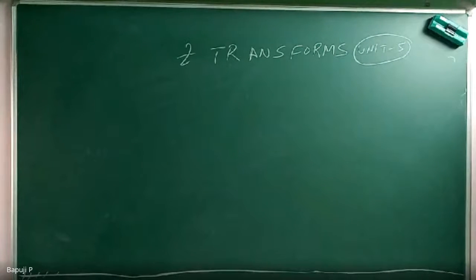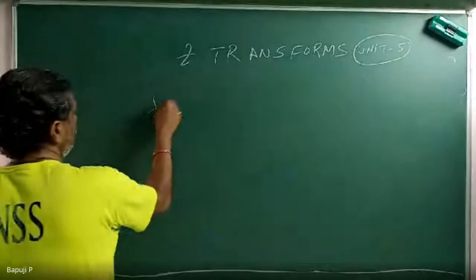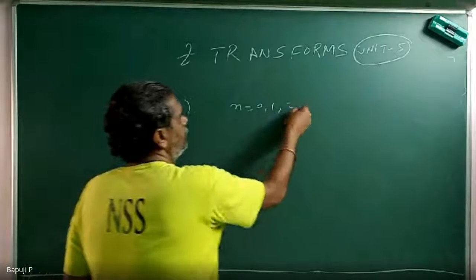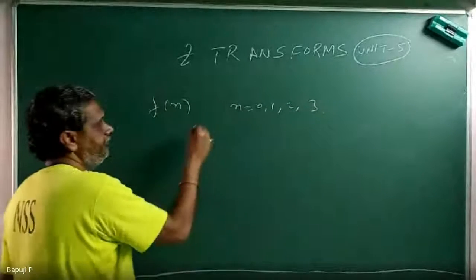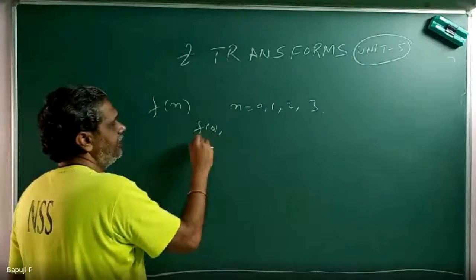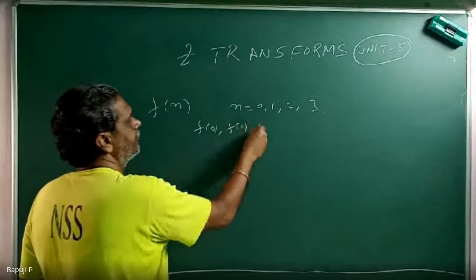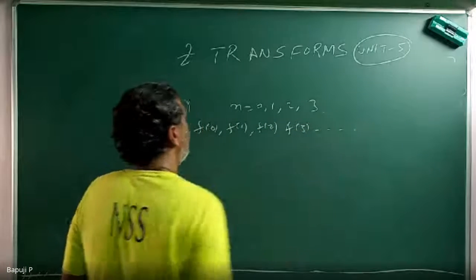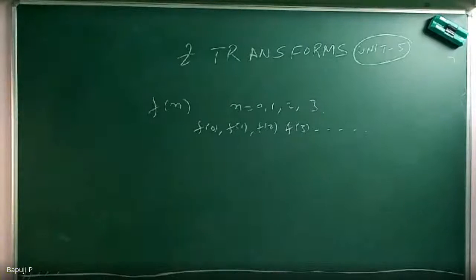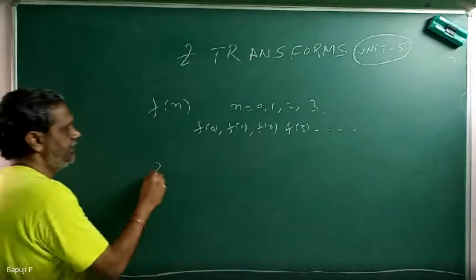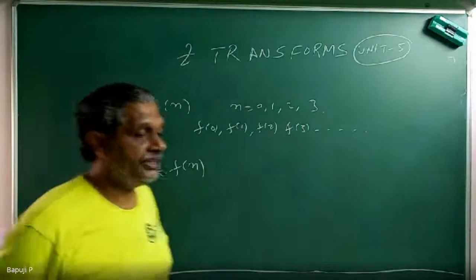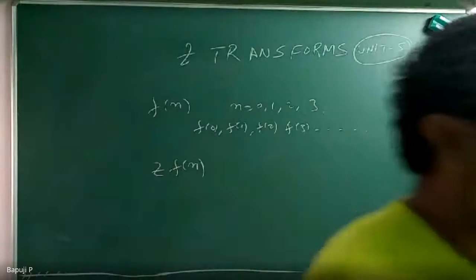Okay. How will they define the Z transform? Suppose the sequence f of n, where n is equal to 0, 1, 2, 3, up to infinity: f of 0, and so on, a function of the sequence. Here n is the positive integers for Z of f of n. Somebody denotes it by k instead of taking n. Some people will take k also. You don't worry.